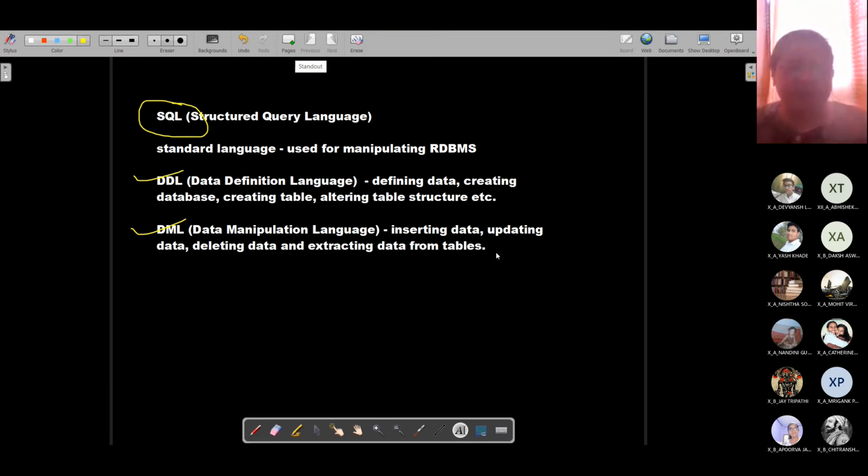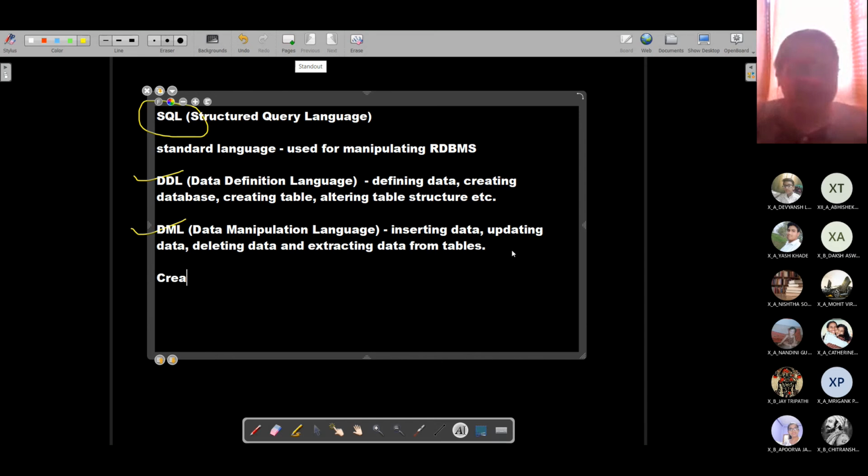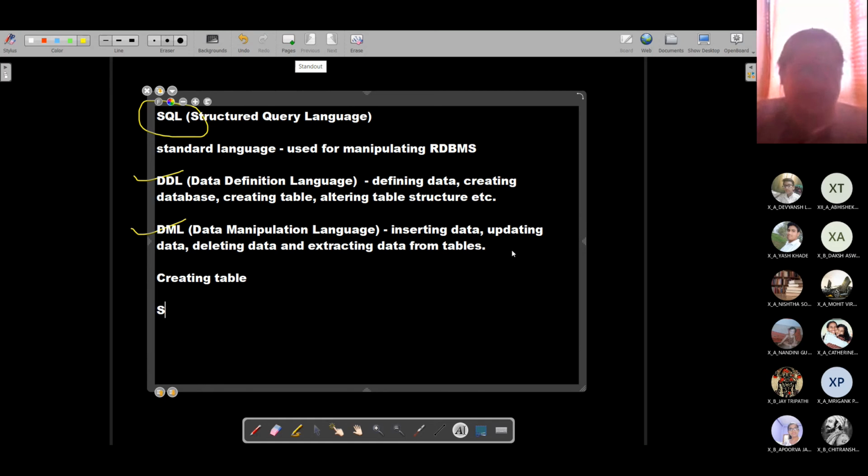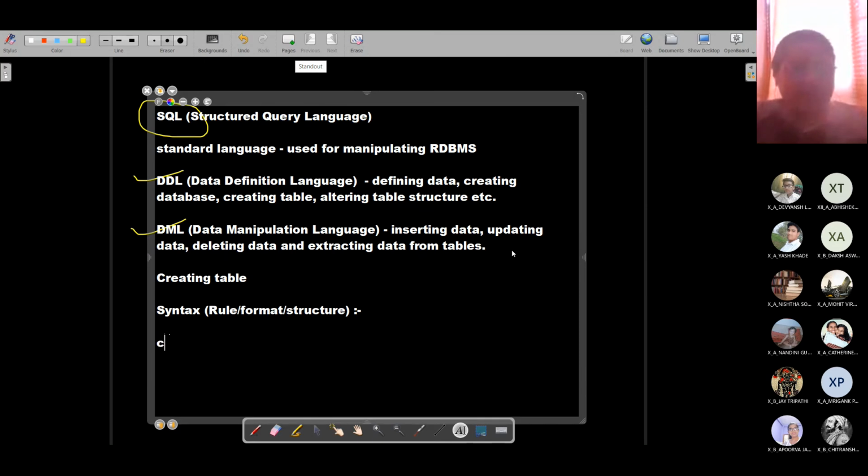And in this, we had studied the very important first thing, that is creating a table. So creating a table has the following structure, which is known as a syntax. Syntax is actually nothing but the rule or the format or the structure of a certain command. Okay. So the create table command goes like this: create table, and within angular brackets, whatever I type, that is user defined. That is, you are free to give your own name to whatever I have written within these angular brackets.